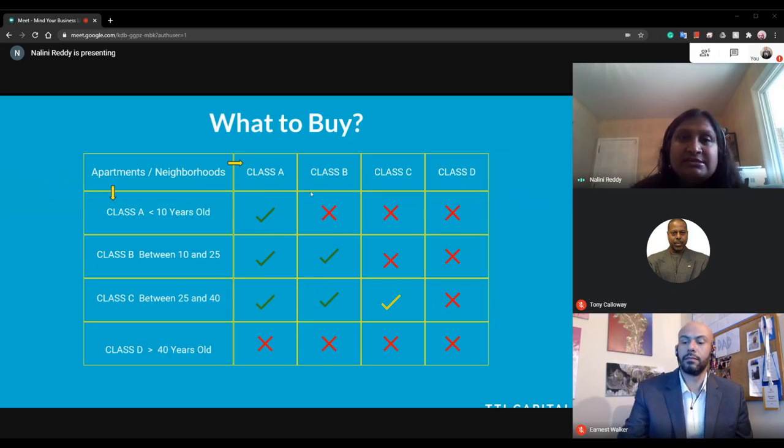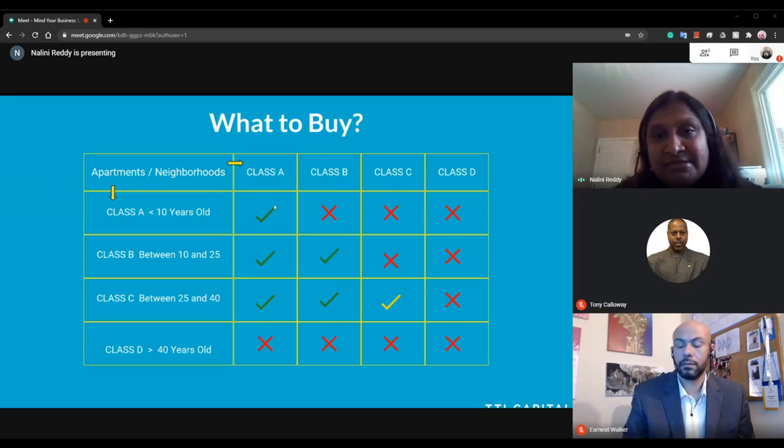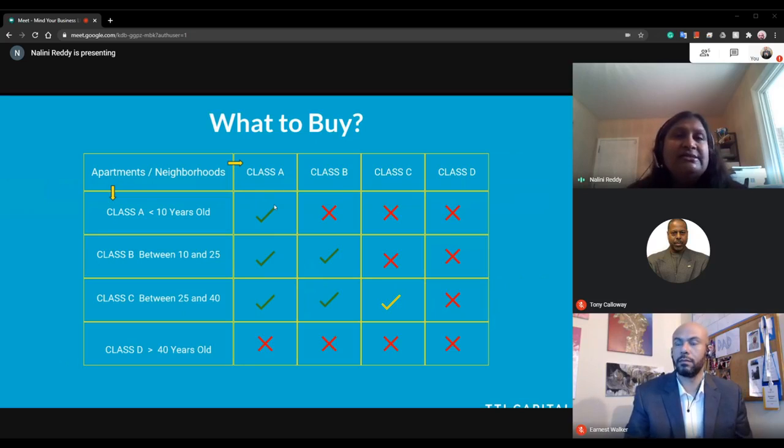So once certain criteria is met, we take them, we crunch the numbers, and we make a decision whether it's worth moving forward to present a letter of intent on that asset. But this is pretty much as to what to buy. Again, no secret sauce. This is very intuitive, logical, and a no-brainer,